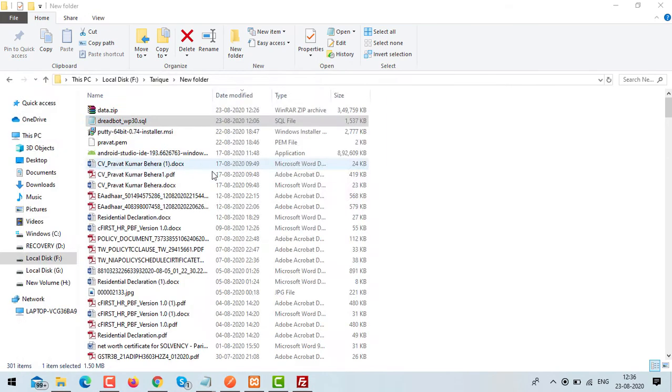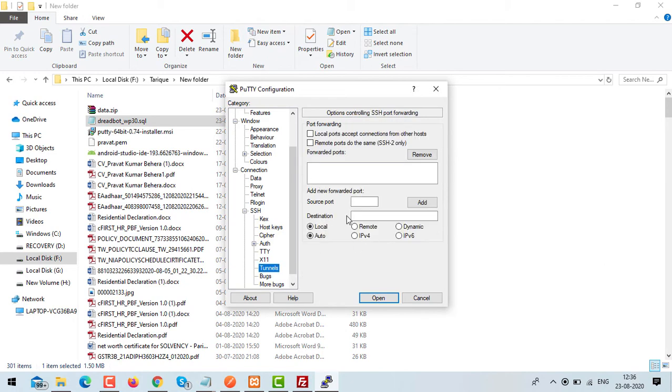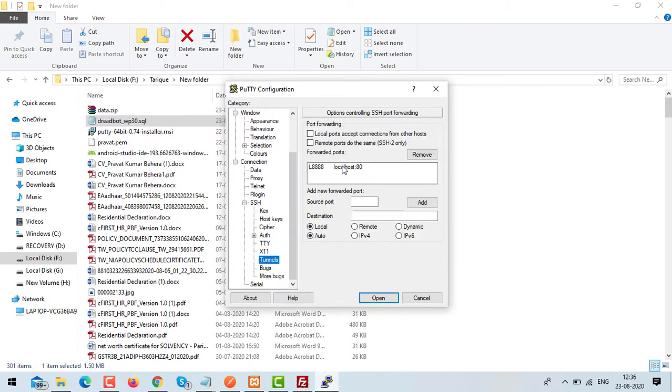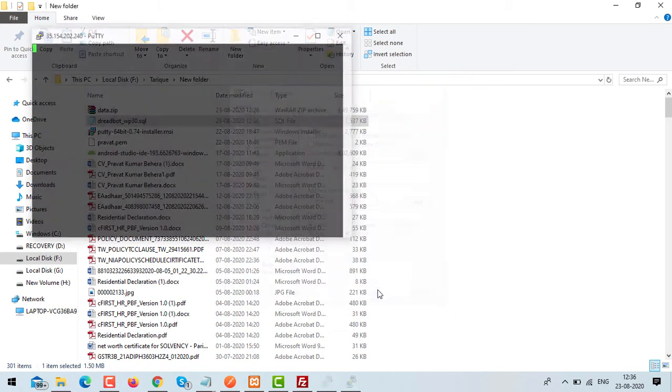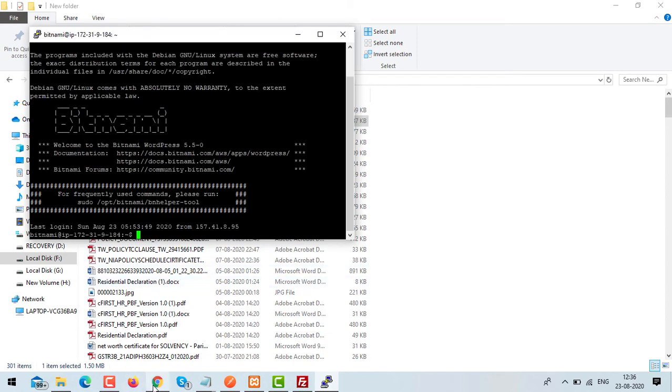If you remember, when we did the PuTTY connections, we talked about tunnels. So let me first load our settings. We have already saved our setting Redspot. Load, go to tunnels. Here you can see localhost 80 connected with 8888 port number. So EC2 instance port number 80 is connected with our port number 8888. Okay. So we can access the same thing using localhost colon 8888.